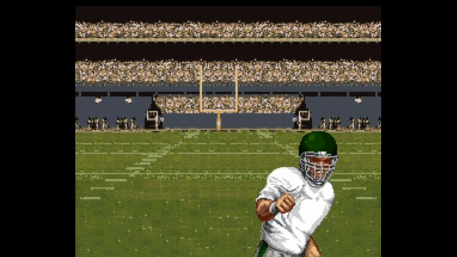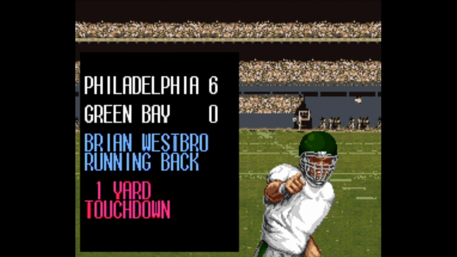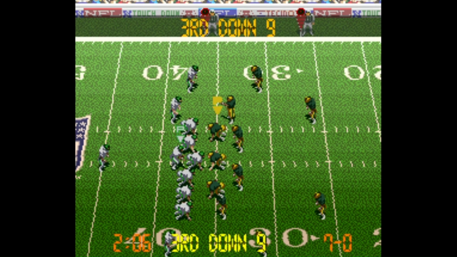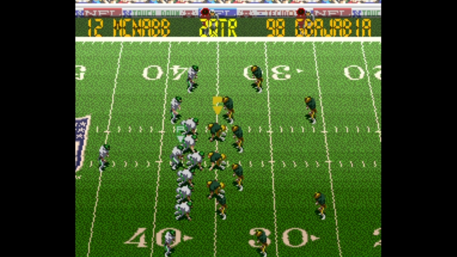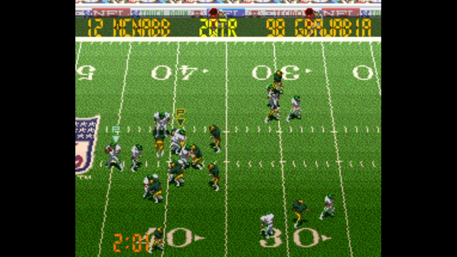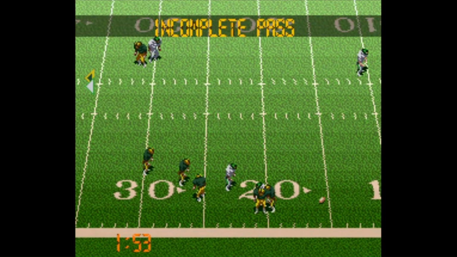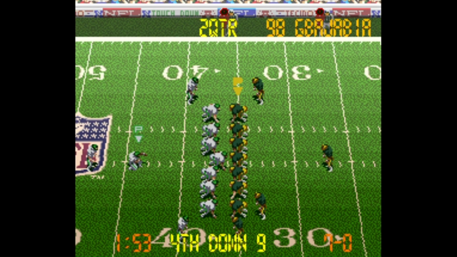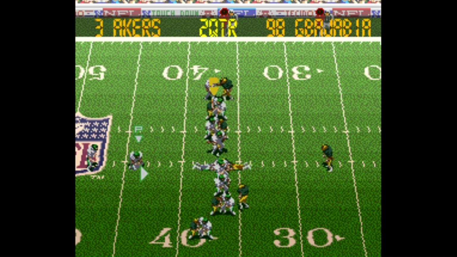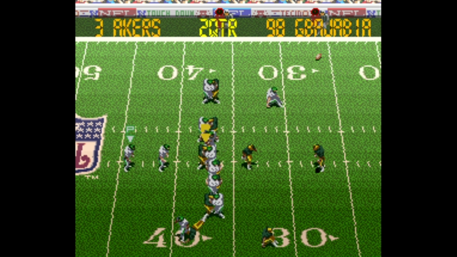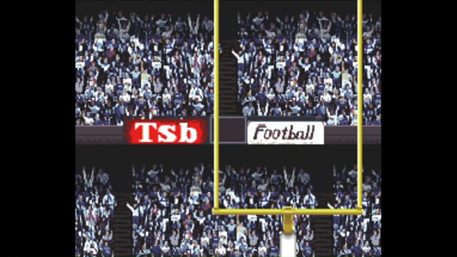Their defense has stepped up big time, stopping Green Bay the entire half. They have the ball on the Packer 36. Donovan McNabb looks for tight end Chad Lewis, knocked away by the defense. David Akers is going to come out for a 54-yard field goal attempt. He certainly has the leg. The ball is going to get through. The Eagles will lead 10-0 at the half.